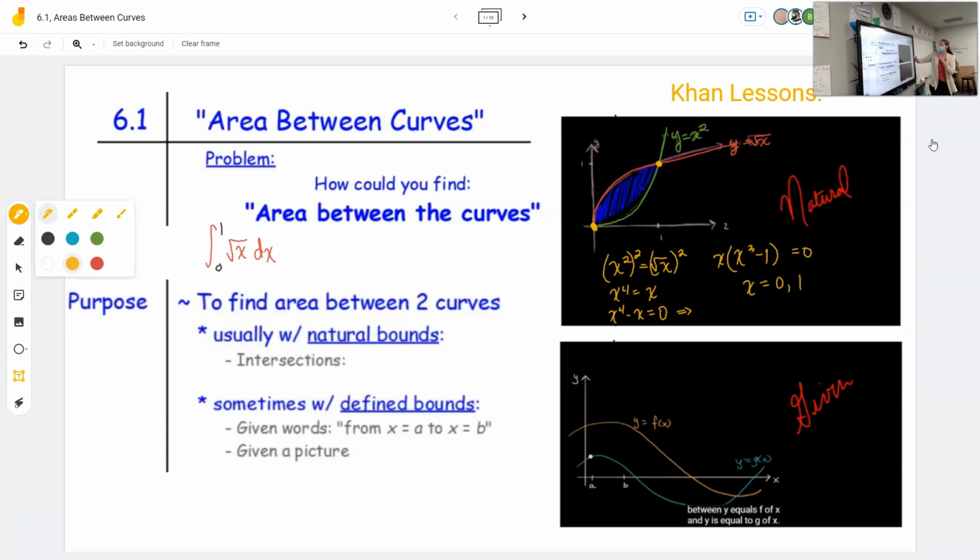Under square root of x, right? So I would just be talking about this guy. But is that the area that I want? No. I want the blue. But hold on, how can I get the blue? Well, I can take what's underneath the square root of x and I can subtract what's underneath